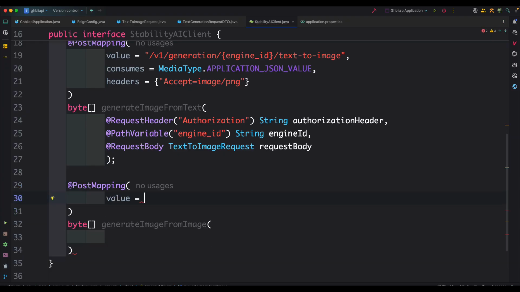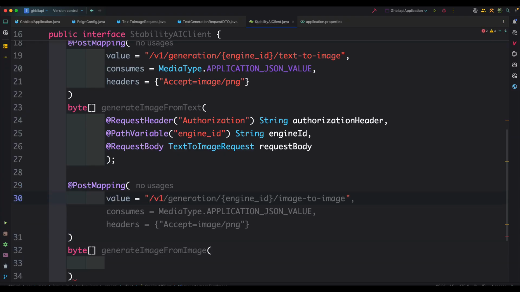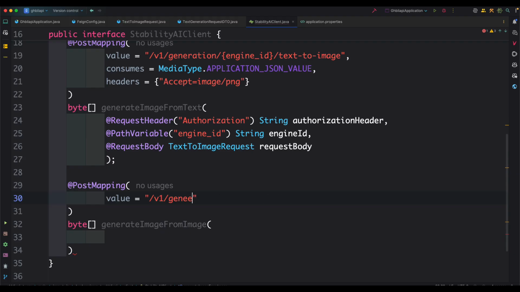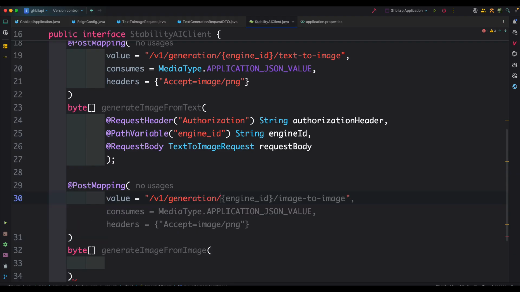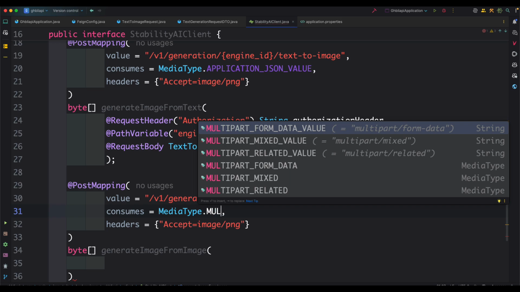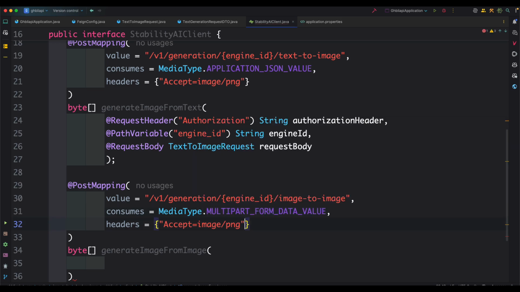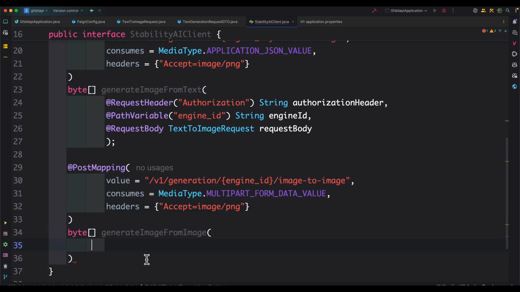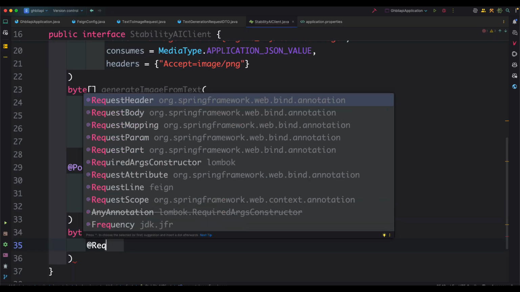Let's pass the value /v1/generation/engine ID/image to image, and consumes media type. This is going to be a multi-part form data value, and we are going to accept the image/png, and inside this let's use the request header,